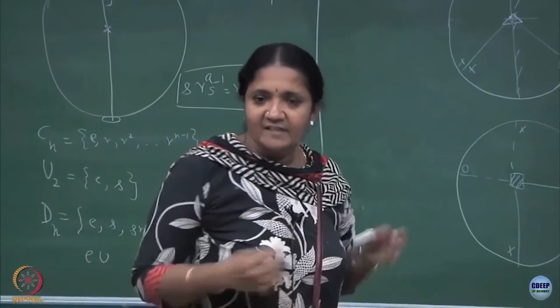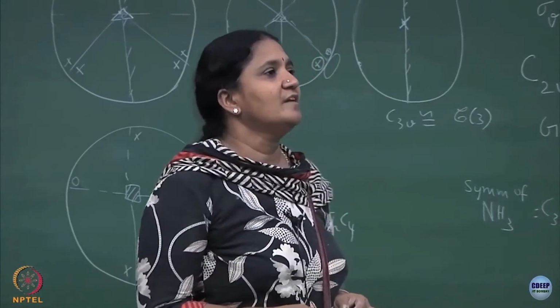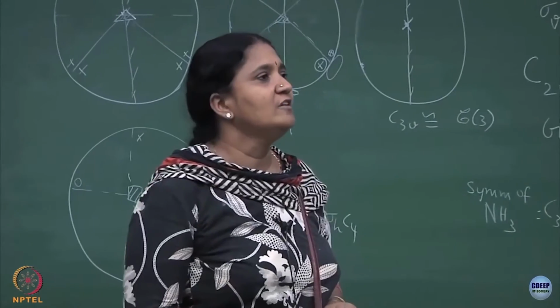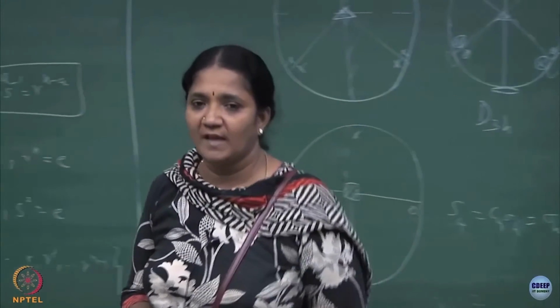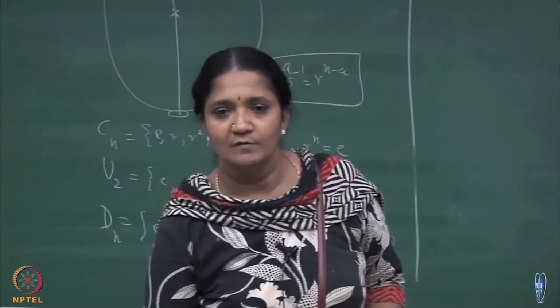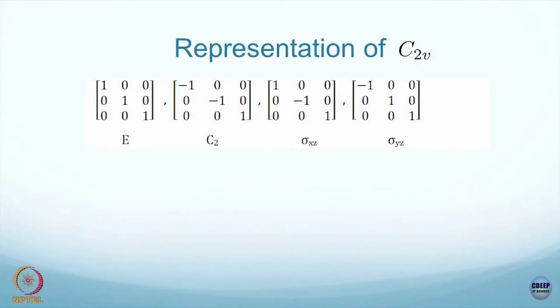And the next thing which we are going to take up is to give matrix representations to all these point groups. Okay. For example, if you take C2V, C2V is a point group, you can write matrices in your XYZ basis, right, all of you know that. Identity element is nothing but the unit operator, right, and C2